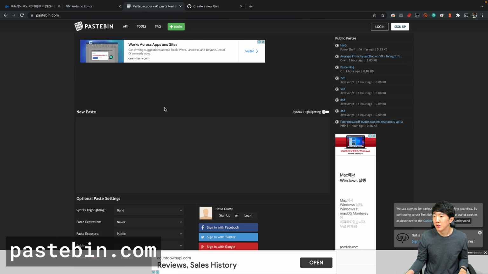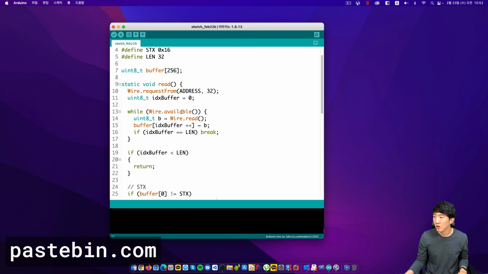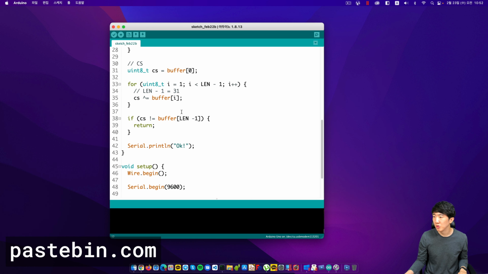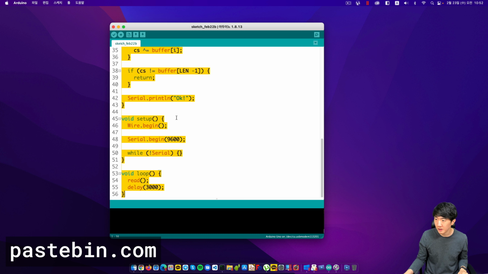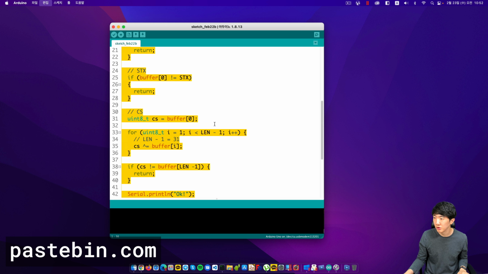Next, just looking at it now, you will see that there are many projects where you can organize Arduino code into just a single file. There will be many sketch files. If you want to share an Arduino file with someone, it can be quite cumbersome to share each file individually. In this particular case, you can simply copy the code directly and paste it into a site called